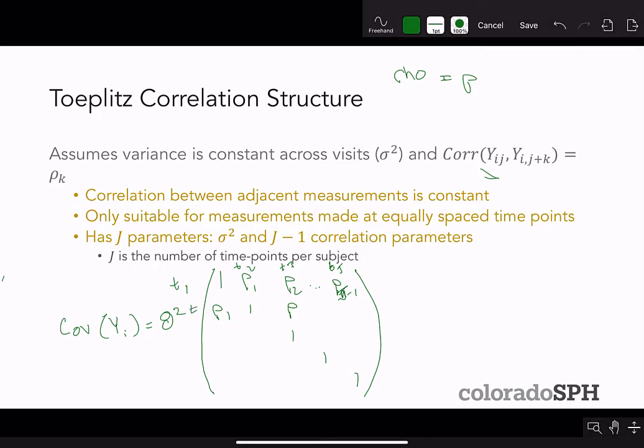the correlation between time point 2 and time point 3. That's also going to be rho 1, because what it's looking at is the difference between time points. So if you only have one spacing between time points, as you would between time point 1 and 2, or time point 2 and 3, then you get rho 1. If you have the space of 2 between time points, as you would for time point 1 and time point 3, or time point 2 and time point 4, then you get rho 2. So filling out the rest of this,